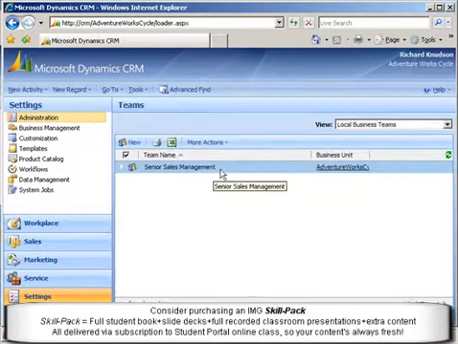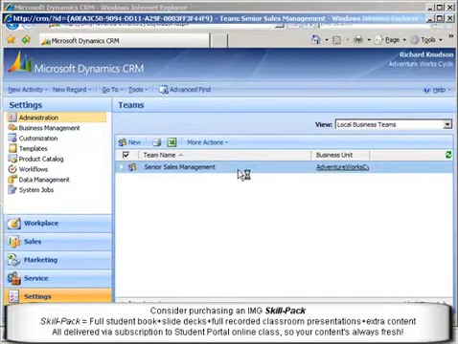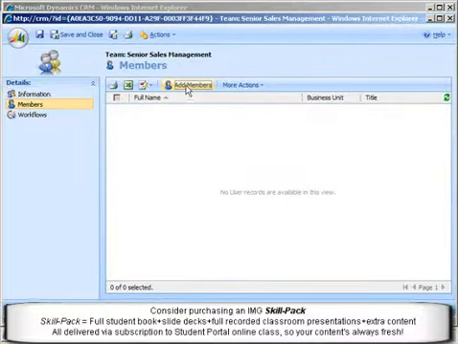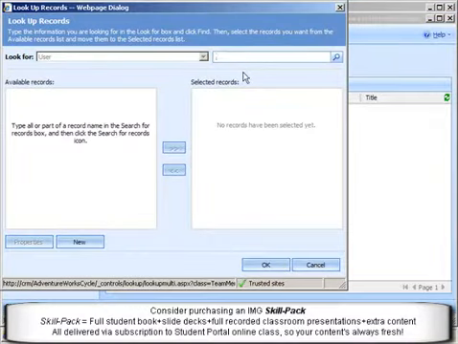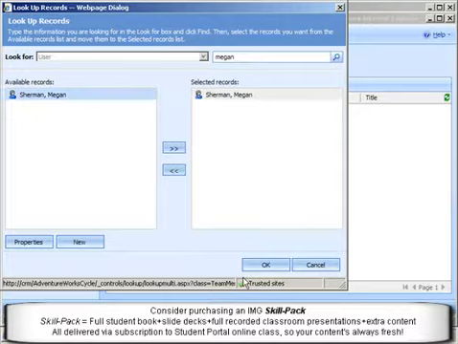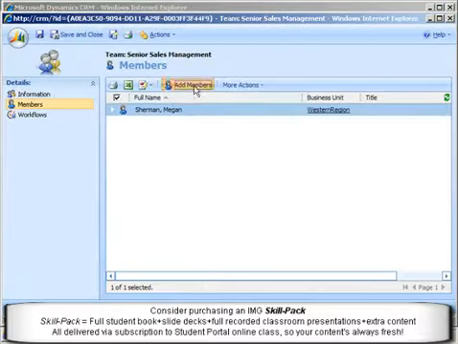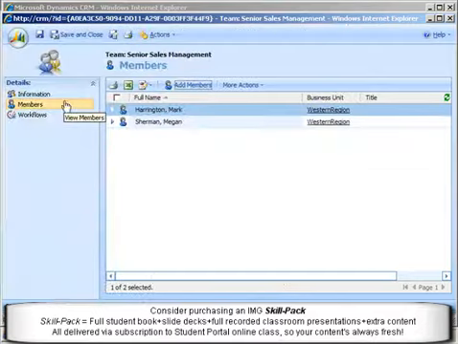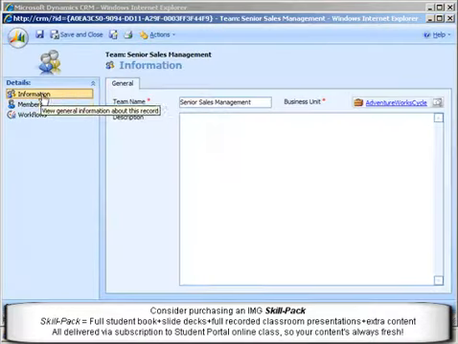Let's see what happens if I open this up and I add a couple of members to it. I'm going to add Megan, and I'll add Mark, so you can see how this works for multiple records and multiple users on a team. So what I've done here is I've added 2 members to a team, and now what I can do is